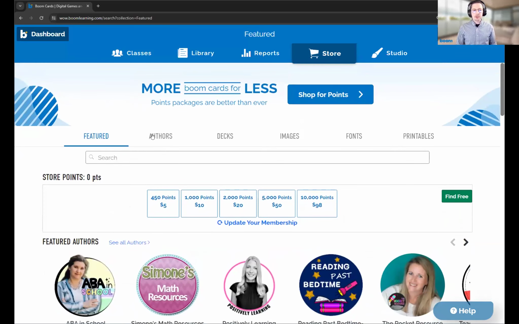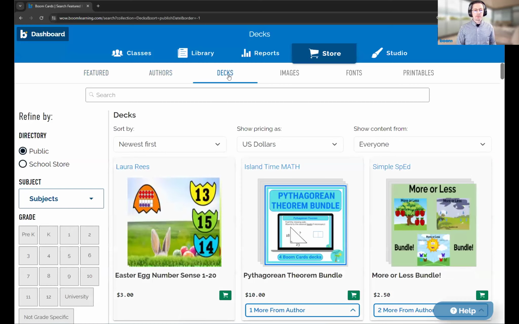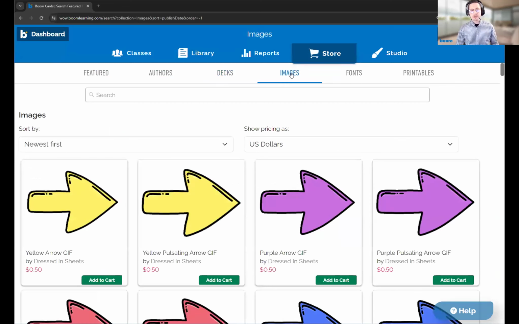We can tab through different things. If we want to look for just authors, we can search for them. Or if we're looking for a ready-made boom card deck, you can play it and get reports from it, you would select decks. And then everything past that, if you're thinking about making your own boom cards and getting started,